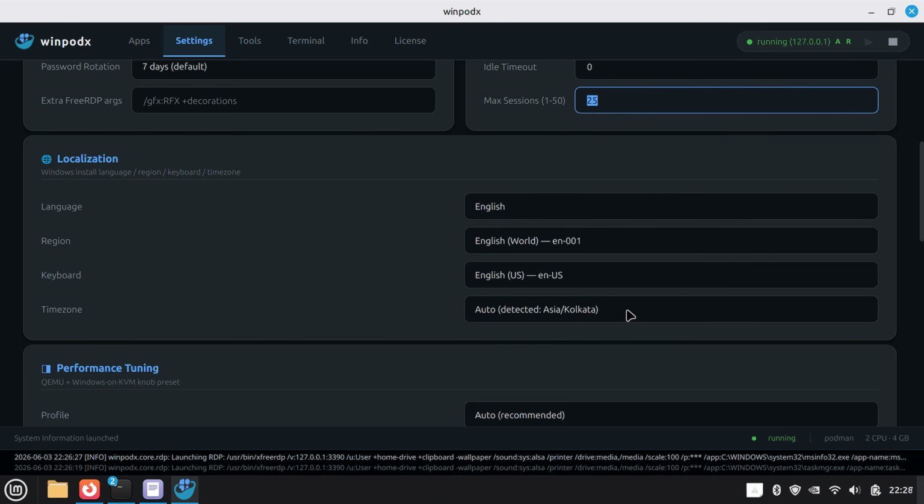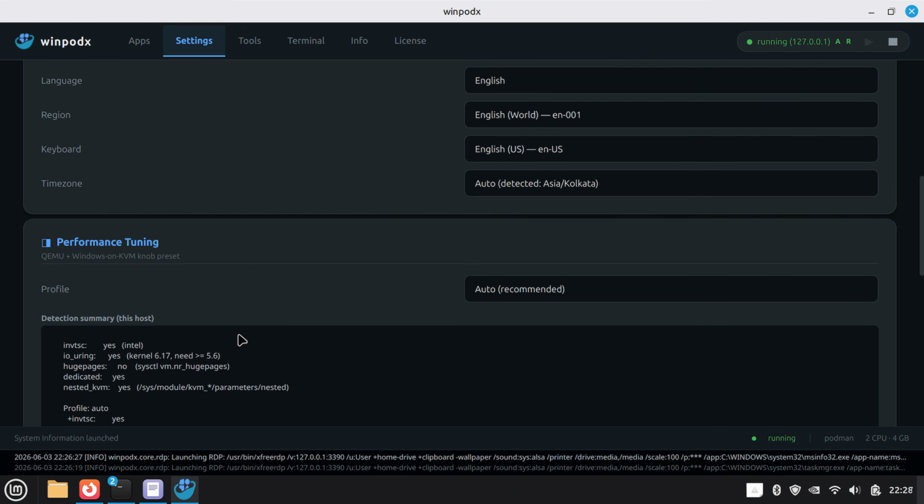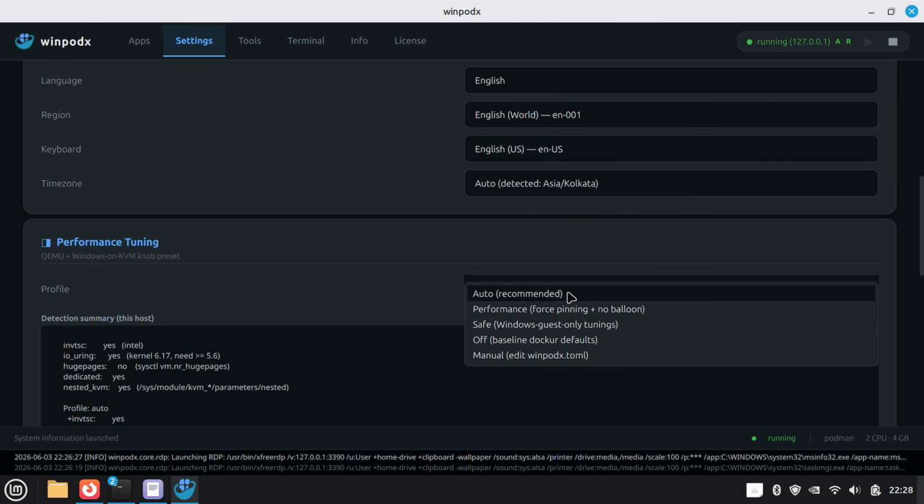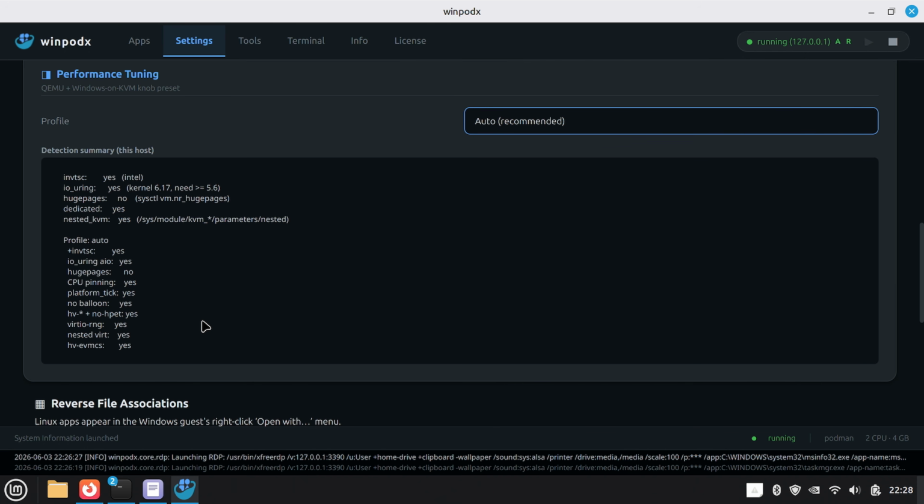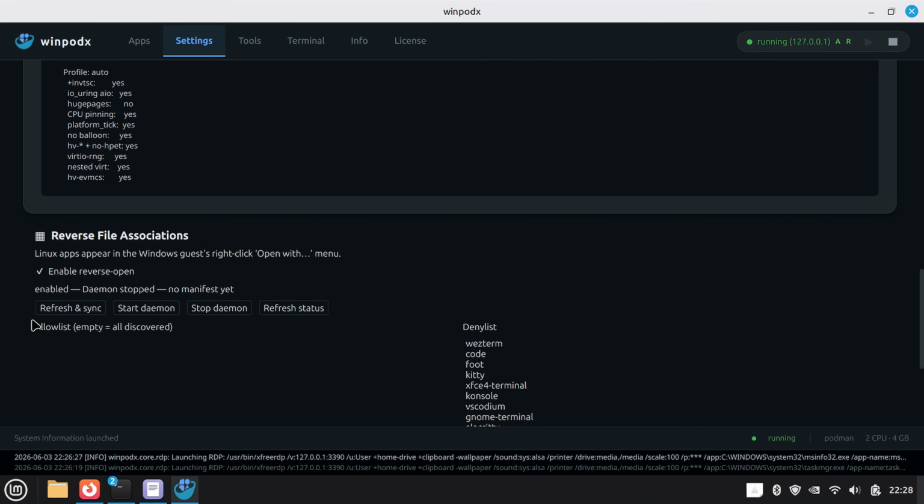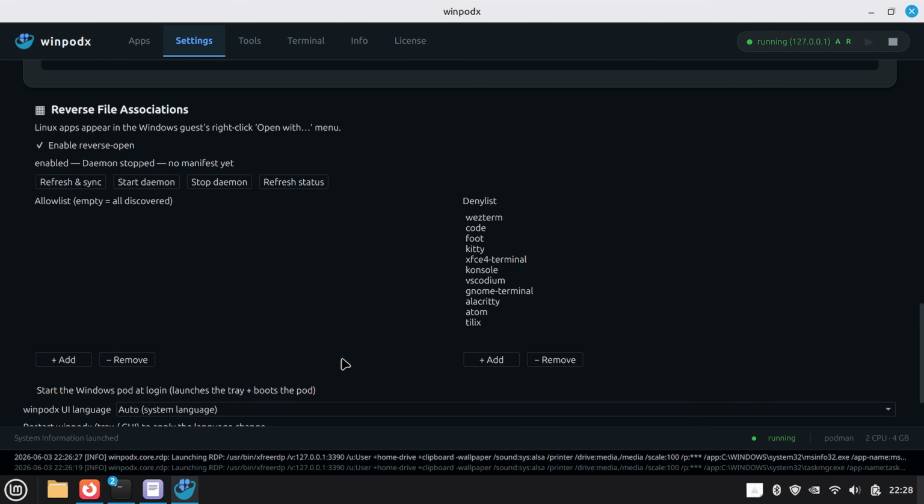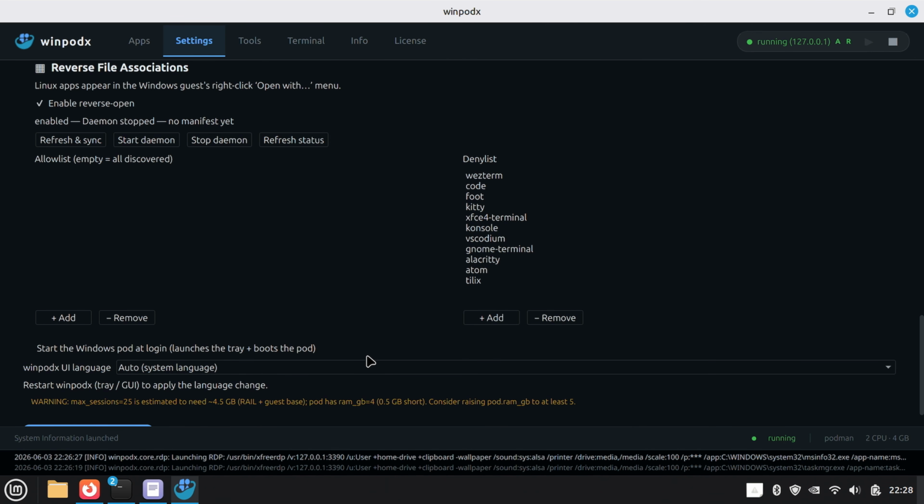It auto detected me to Asia/Kolkata. Performance profiles, you can change them: performance, save, off, and manual. So you can edit the files if you want to. I guess if you know, you can edit it. I don't. And you also have reverse file associations, the one I talked about near the beginning of the video. So you have a lot of things over here. Man, this is